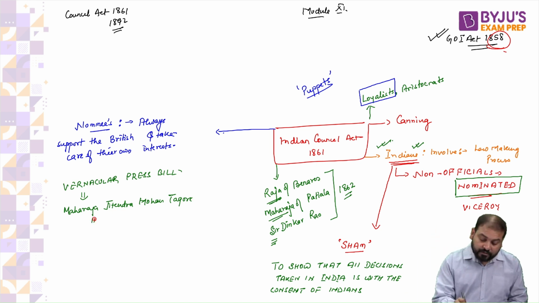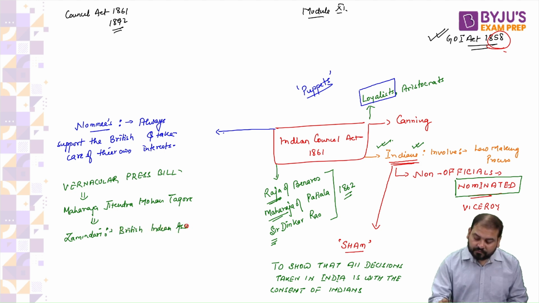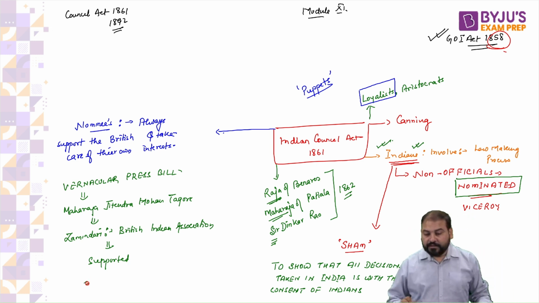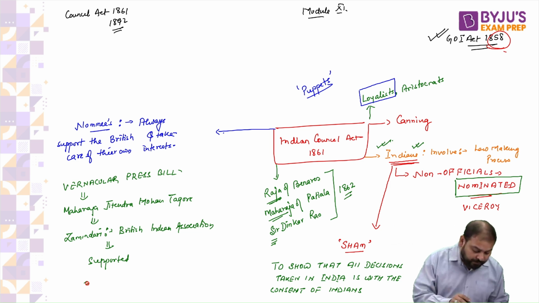He was the leader of the Zamindari-dominated British Indian Association, we have studied. And this man supported this law. He voted for this. So you can clearly understand, guys, that most of the times these people